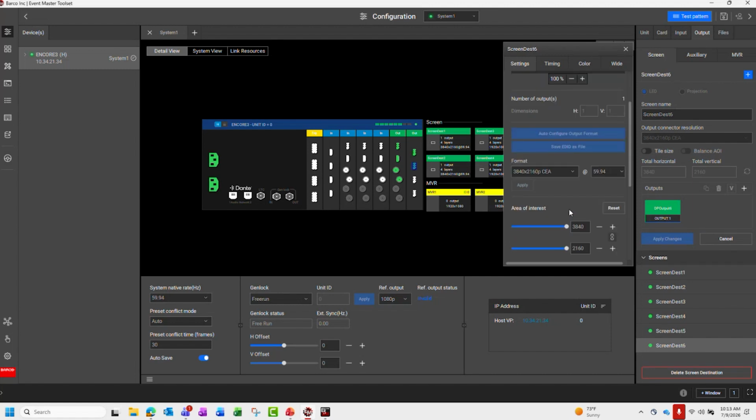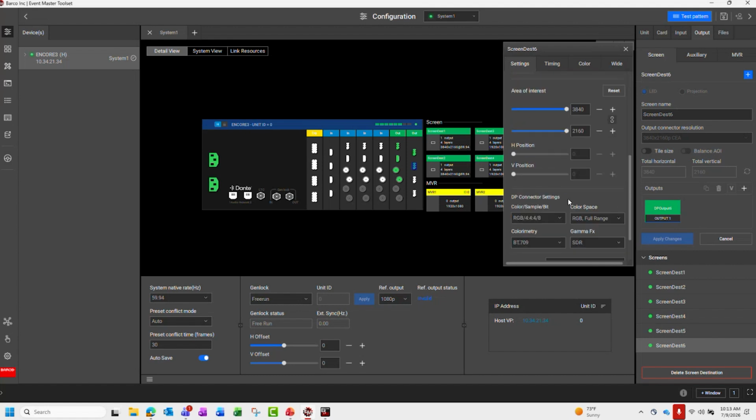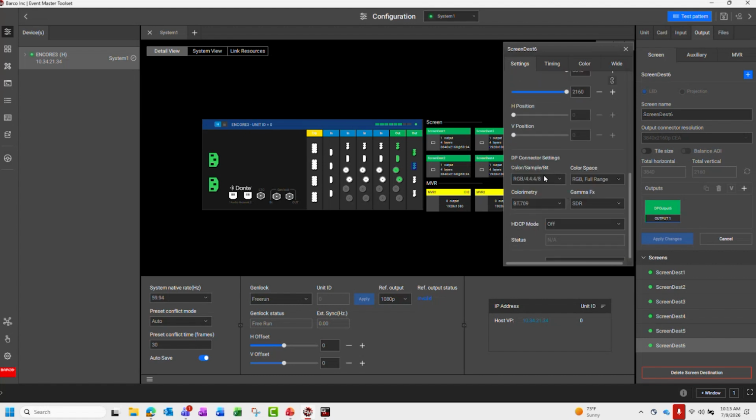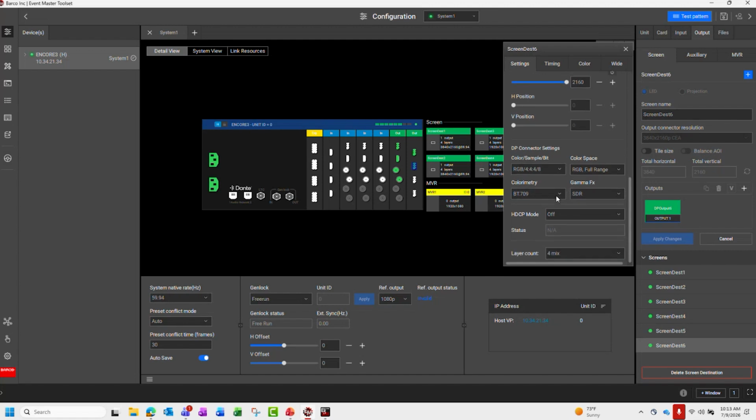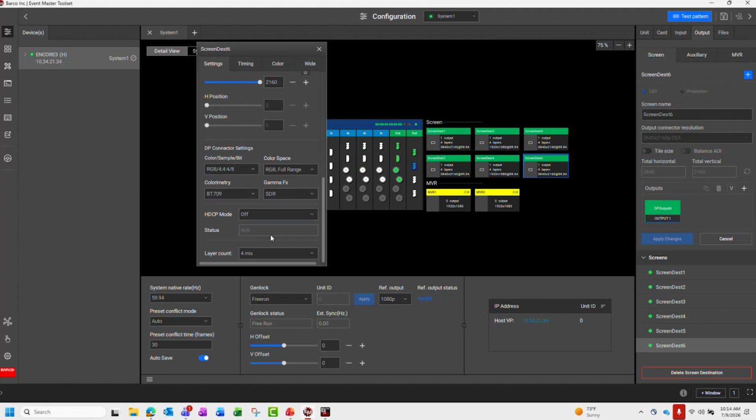If we take a look at these outputs or these destinations, we can see in the settings tab we have the ability to change the format of the output, to adjust our area of interest, to adjust our connector settings, and then of course to increase or decrease layers for your output to sacrifice somewhere else, right? Because this is a single output, it would only require one screen resource to go to